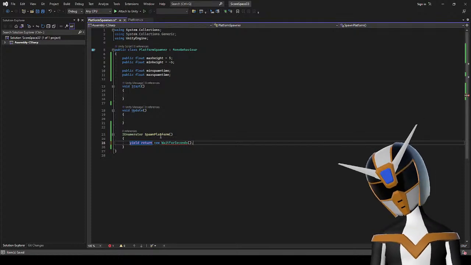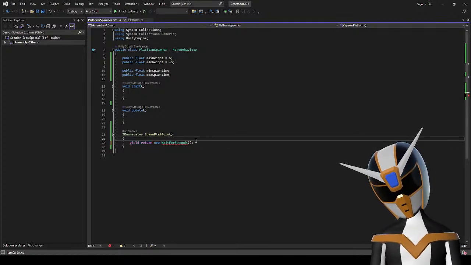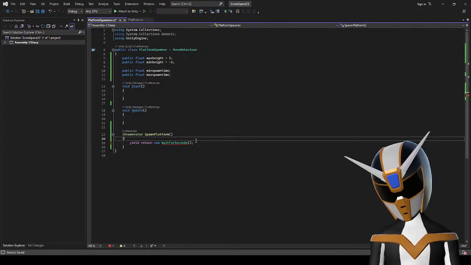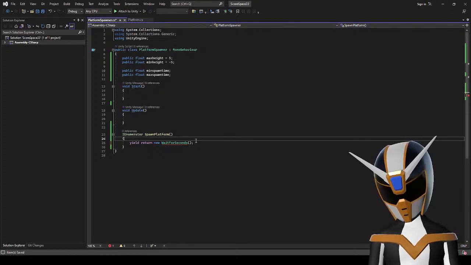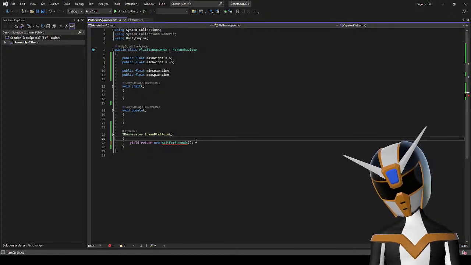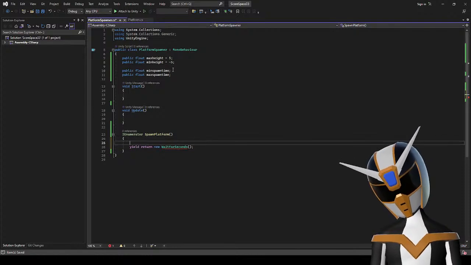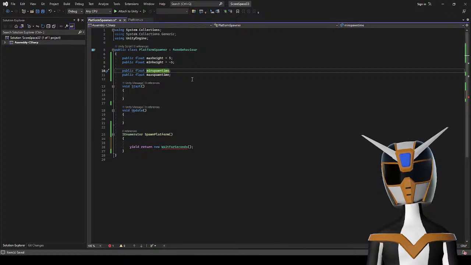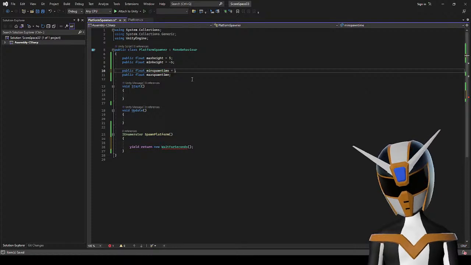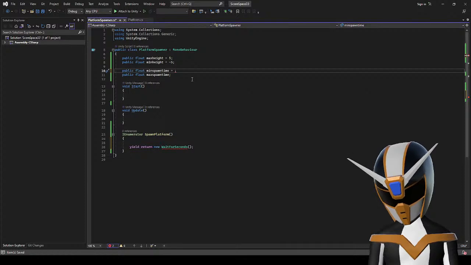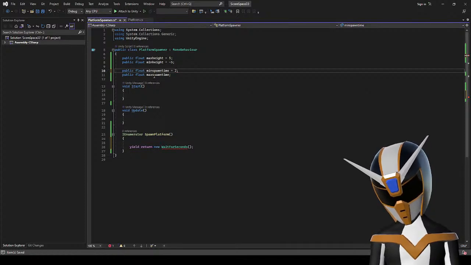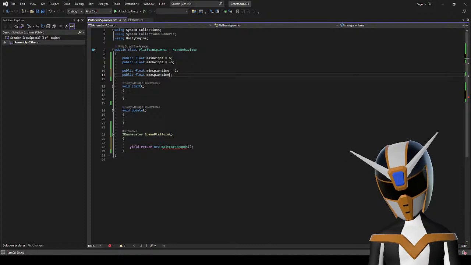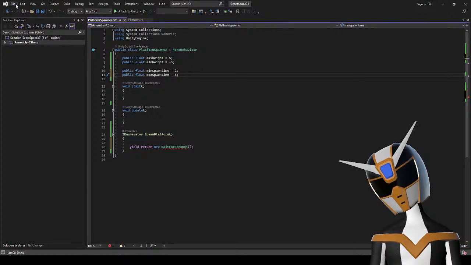So I need to go Random.Range, figure out how many seconds I'm gonna wait. Okay, let's say min spawn time is equal to, I don't know, 2, and then max is equal to 5.